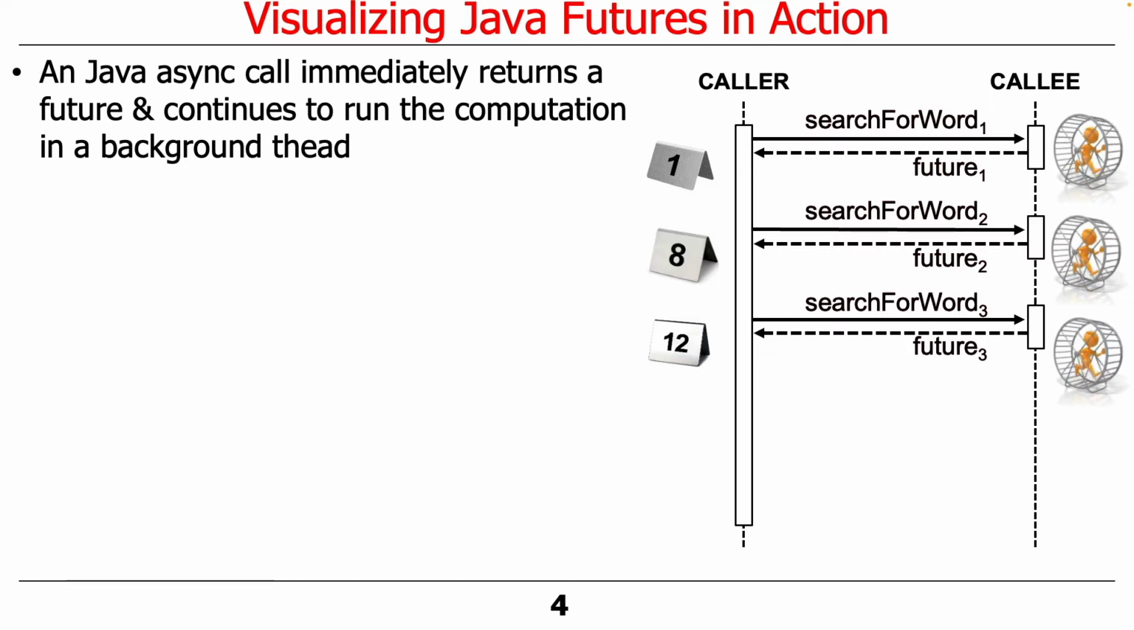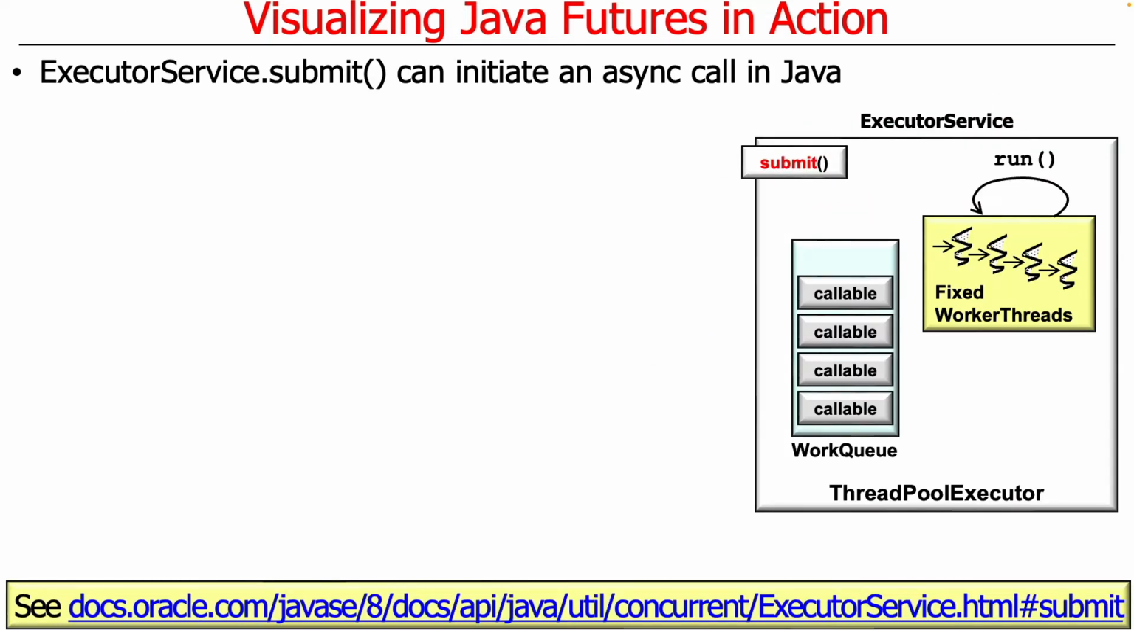So you can see here you invoke a method like this, and right away you get a future back, the computation runs in the background, and the caller can go and perhaps do other things while it's waiting for the calls to finish in the background. We'll see that that's easier said than done with Java futures, and that's one of the things that motivates Java completable futures. The typical way to initiate an async call in classic Java is to use the submit method defined